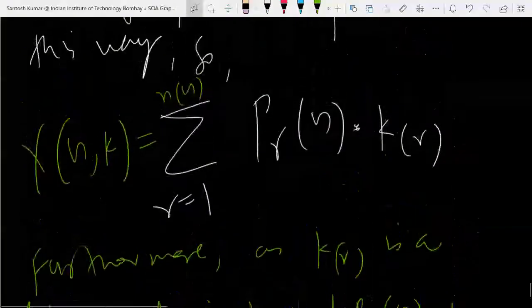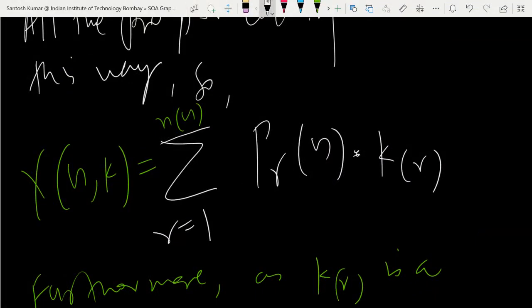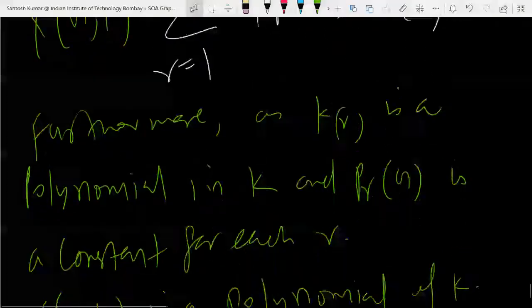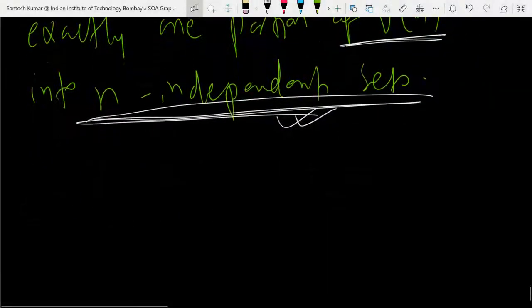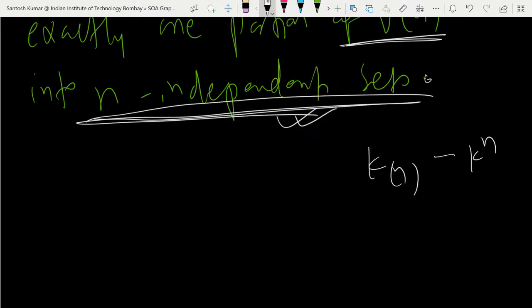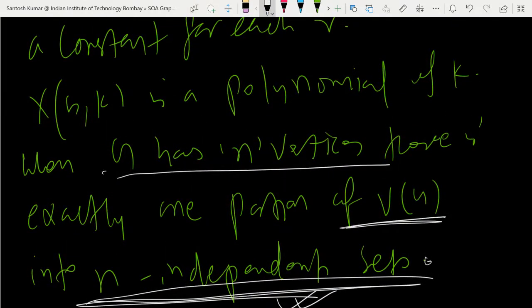So why am I doing this? If you see the last term in this expression, when you put R as n, suppose n is the number of vertices, that's why. So PnG into Kn. So PnG is going to be 1 and Kn you understand. So actually what I want to say from this is that Kn will have the leading term K raised to power n, because of K minus 1, K minus 2 and n terms, so you will have K raised to power n as the leading term of this polynomial. So we want to say that the degree is going to be n because I have taken n as the number of vertices of the graph.